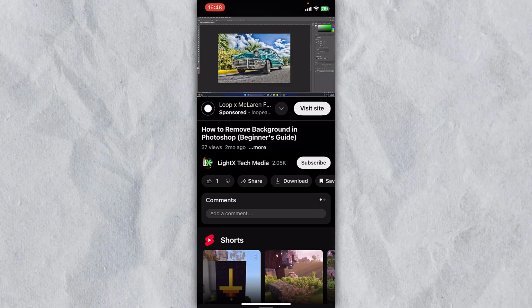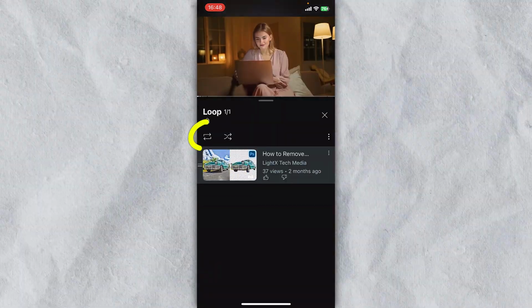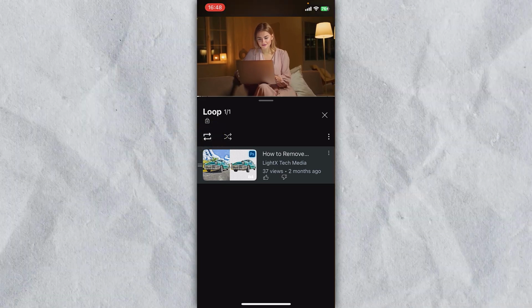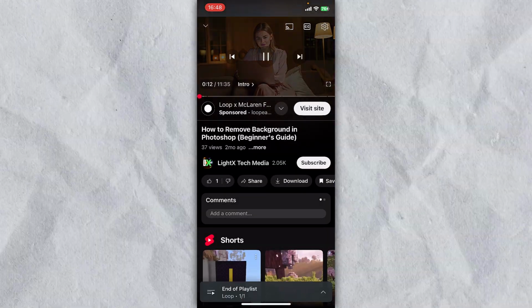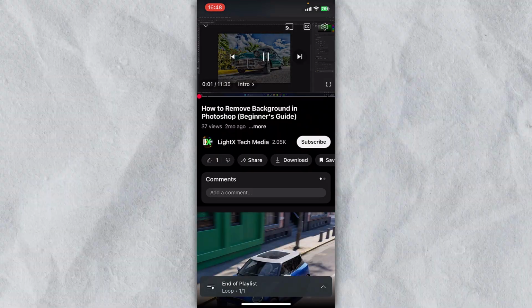Alright, and now what you have to do, you will see end of playlist right at the bottom. Let's press on it and you will see two arrows. So let's press on those arrows, and now I just loop the video. As an example, if we go all the way to the end of this video, it just repeated itself,